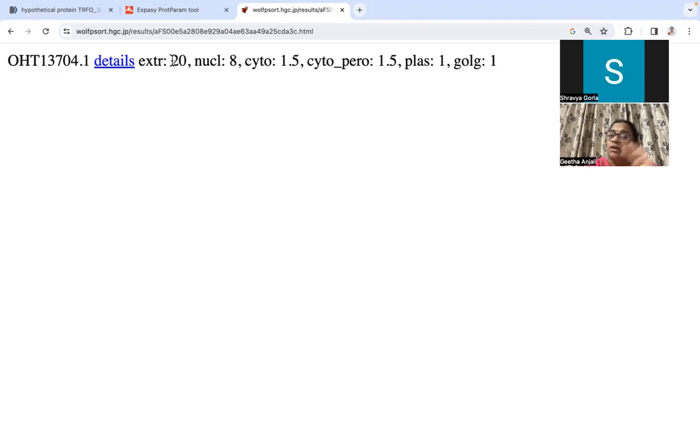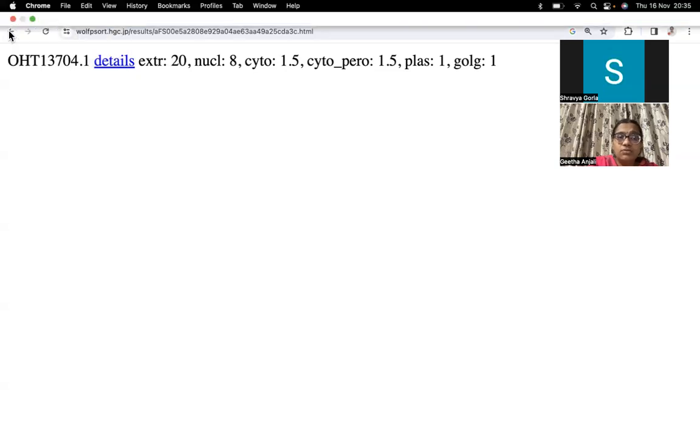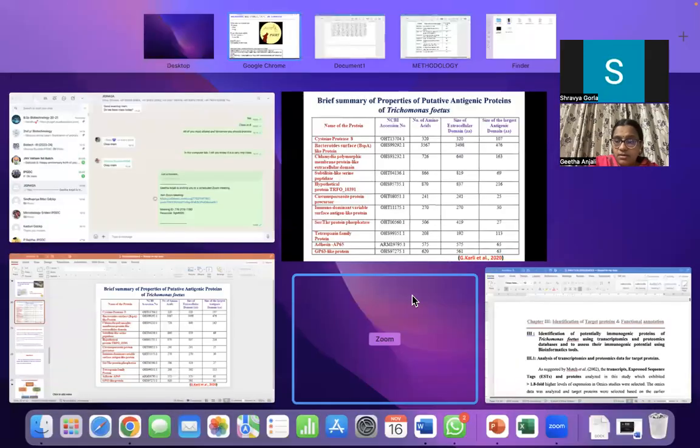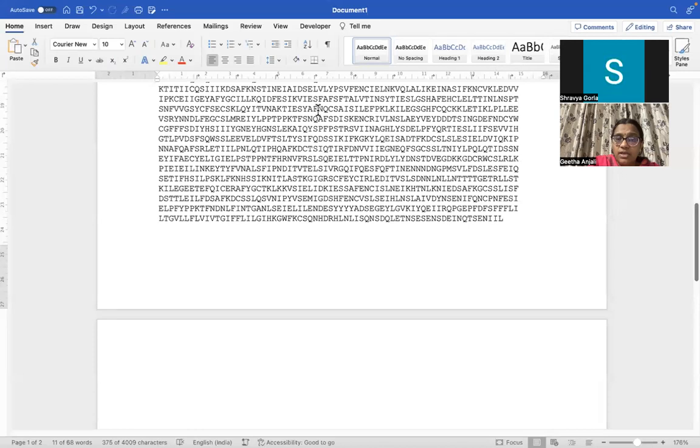So this is how all these predictions will help you to judge and give you a better understanding of what that protein might be doing within the parasite. In the same way, let's also do it for another protein. Let's do it for another protein. All this analysis is easy for you only